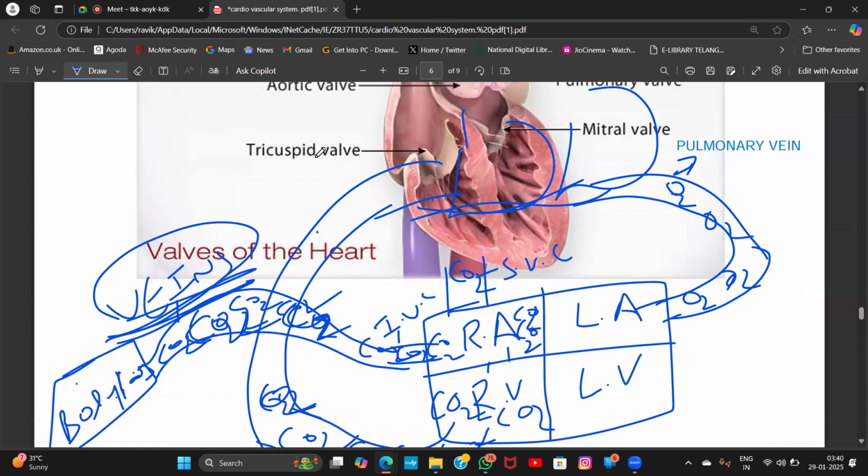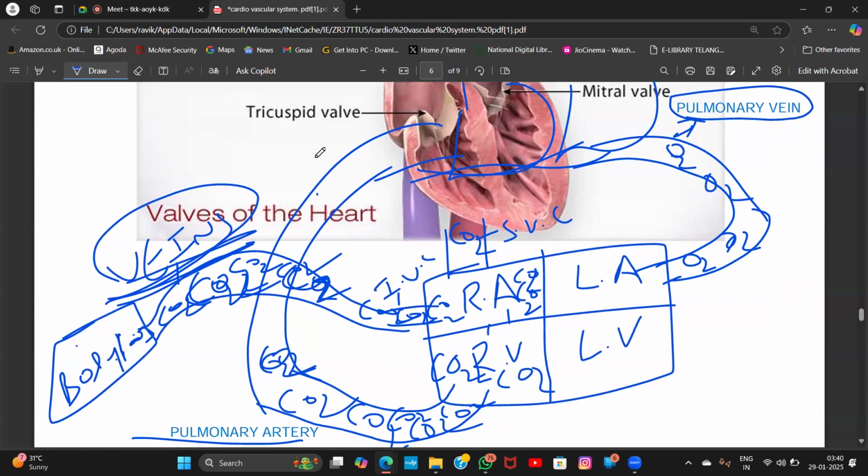But except pulmonary vein. What is the pulmonary vein carrying? Oxygenated blood. That's why it is an exception. Pulmonary vein నుంచి మళ్ళీ ఈ ఆక్సిజన్ బ్లడ్ లెఫ్ట్ ఏట్రియం లోకి వెళ్తుంది. లెఫ్ట్ ఏట్రియం నుంచి లెఫ్ట్ వెంట్రికల్, it goes to left ventricle. From the left ventricle it goes to aorta, from aorta to